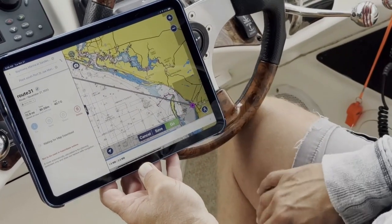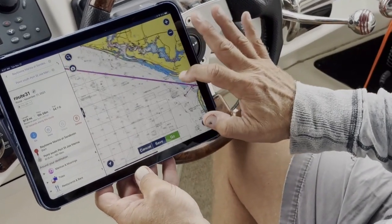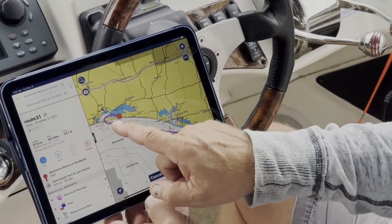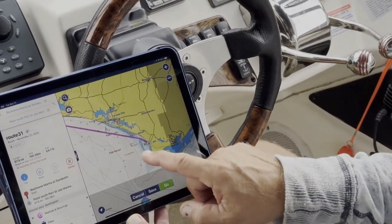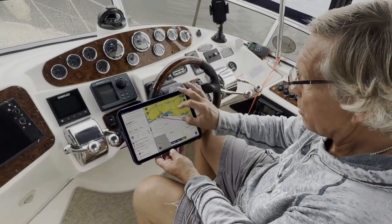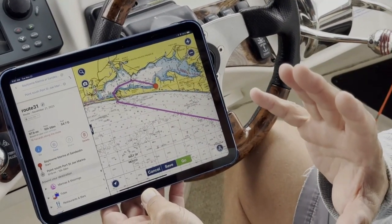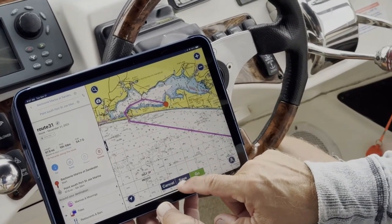It's planning it now. And it's mapping out a course. Now, the first thing you'll notice, and what the problem is with this, is it's not taking us through the intercoastal waterway. It automatically took us the shortest route, which is in the Gulf of Mexico. Well, we don't want to go in the Gulf of Mexico. So what you end up having to do, and what we weren't doing at the beginning, we were allowing Navionics to just take us, and that's when we ran into some problems a week or so ago, is we have to go in and we have to